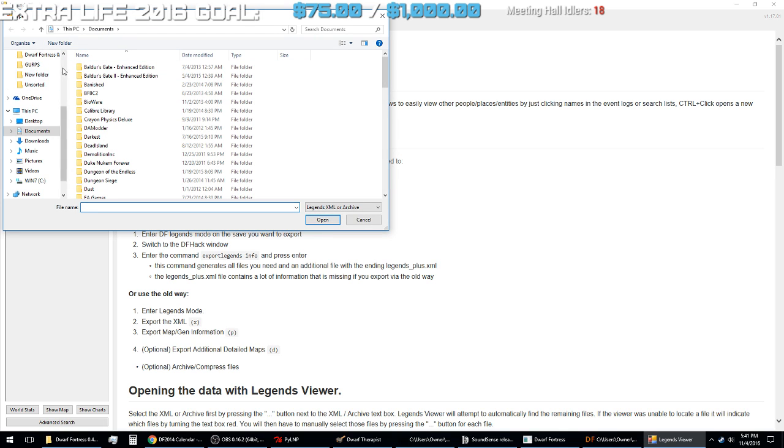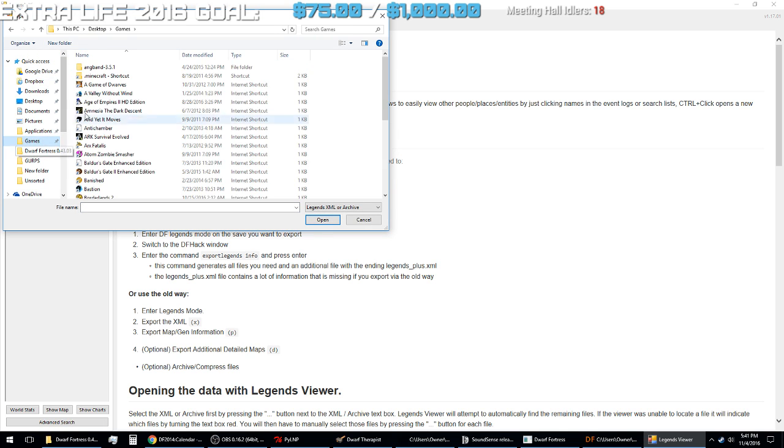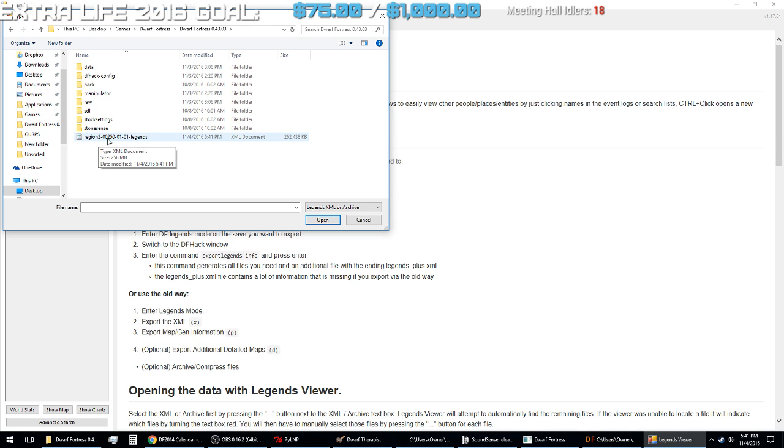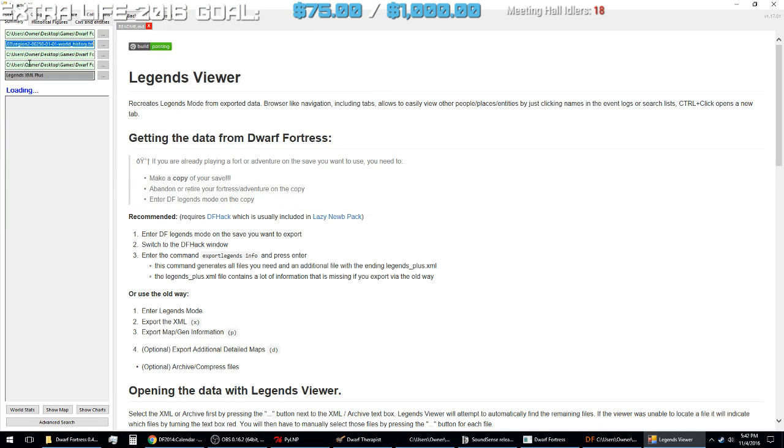We'll go to my game folder. Go into Dwarf Fortress, into our current folder. And you'll see here an XML document. It's region 2 because I already have a world created in this installation. If this was the first world I created, it would be region 1. But if you had 4 already created, it would have been region 5. No harm, no foul. Whichever region you have, though, you can import this XML file, and it will automatically try